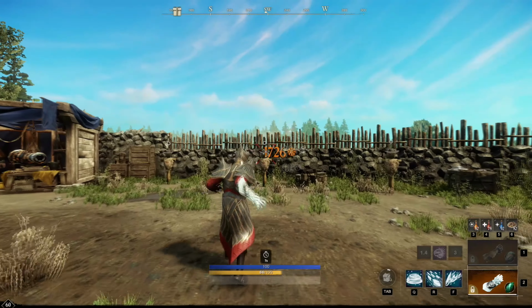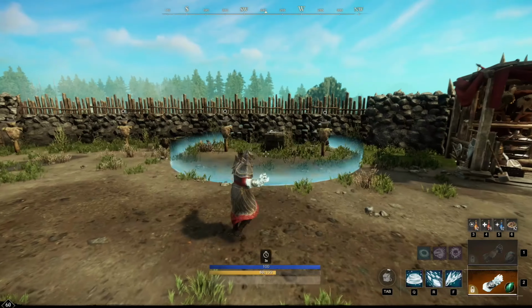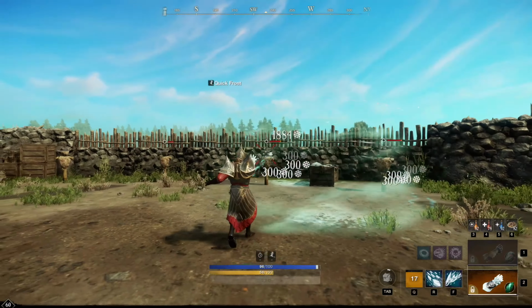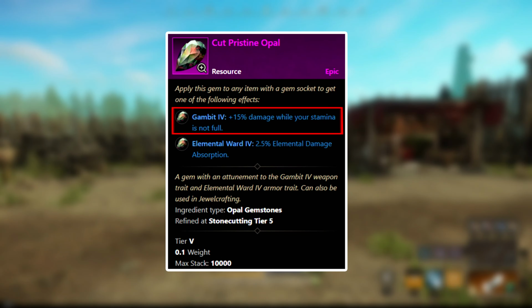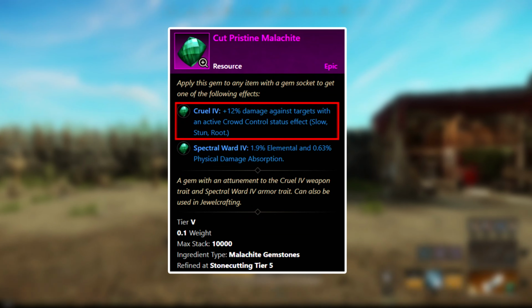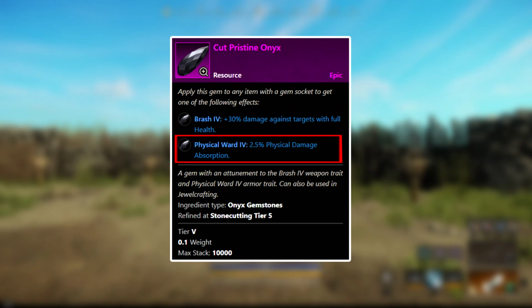So now for my last and final conclusions for this build. This void gauntlet and ice gauntlet weapon combination is very high damage and you have a lot of abilities to put together, and it works very well in PvP and as well PvE. So then for the gem choice for the void gauntlet you want to use the opal gem, then for the ice gauntlet get the malachite gem,